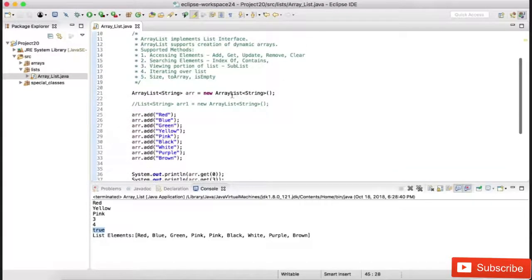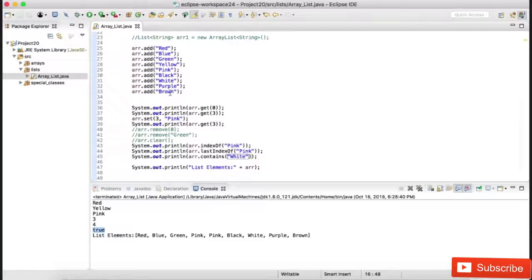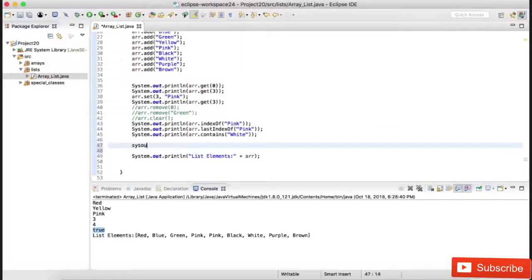After this, we have viewing the portion of the list. Now if I want to create a sublist from a big list, how to do that? You can do it by using the sublist method, by using the portion. So let us use this arr.subList, and then I want to create a sublist from index 2 to index 5. Now remember, begin index is inclusive in Java, end index is not inclusive, so it is going to